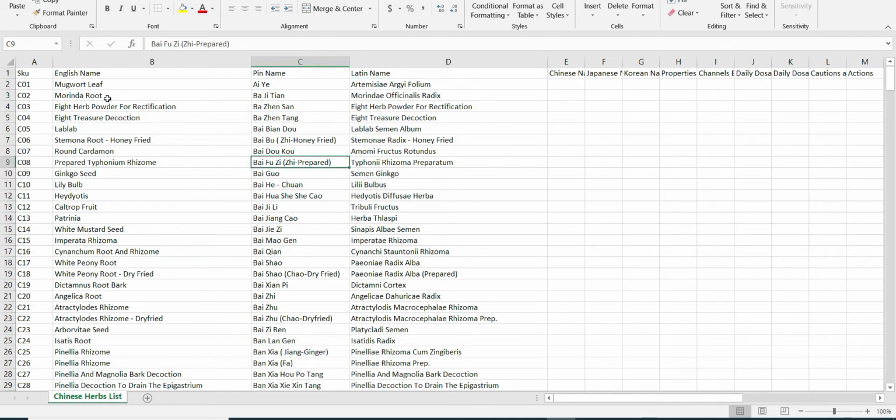And when you upload this file, it's going to upload anything in this file, so all of these herbs. If you don't want some of these herbs in your dispensary, just delete them from this file and they won't be uploaded. On the flip side, if there are herbs missing from this file, then you have to add them